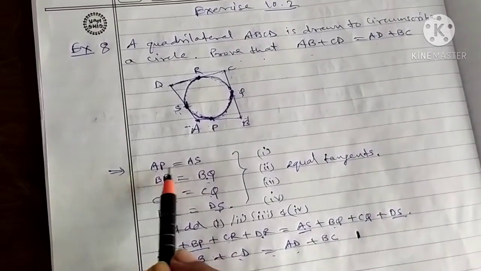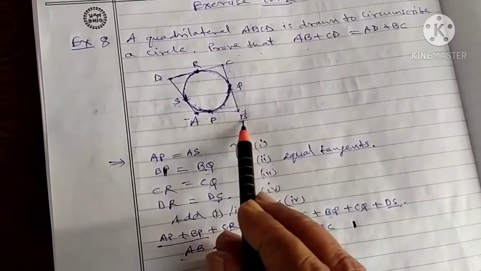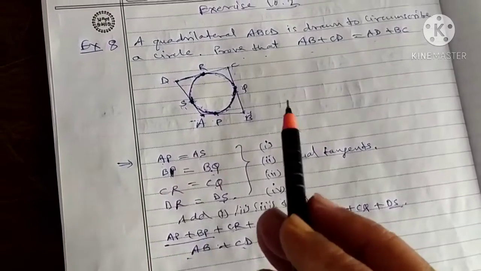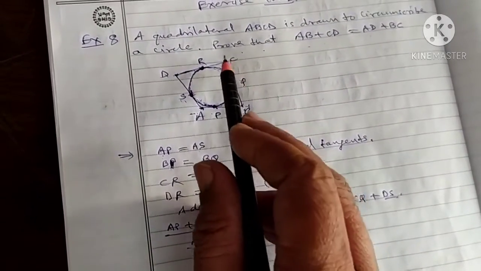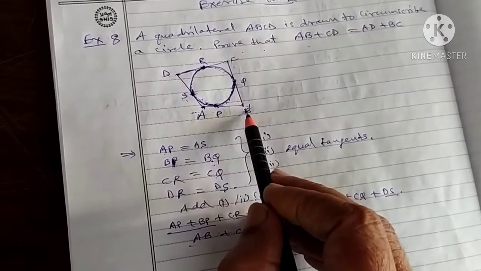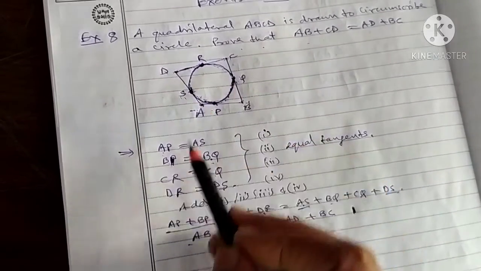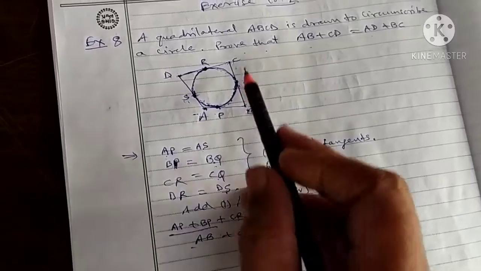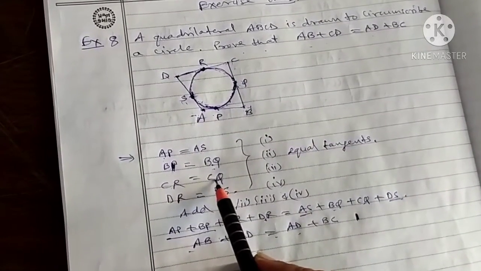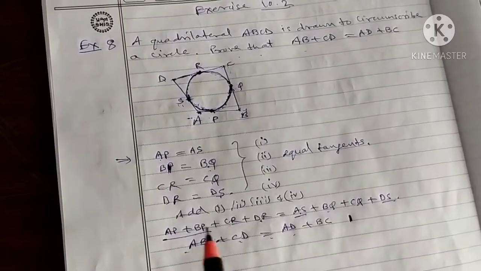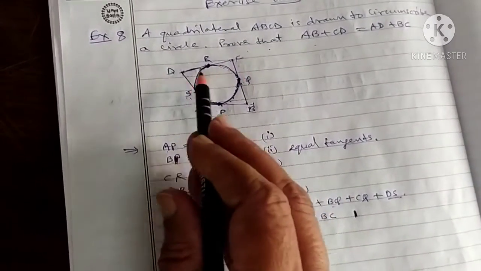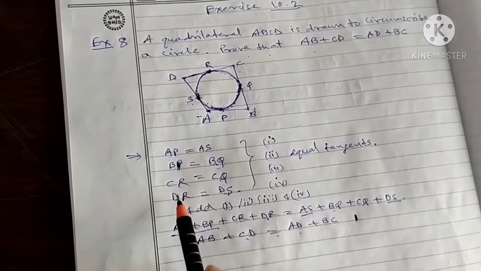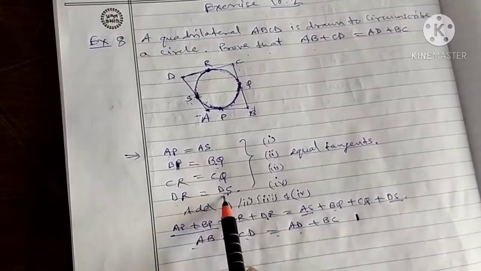Be careful. If you write AP equal to AS, then AP plus BP equals AB, so BP should be on the side of AP. Again, when you go to the other point, CQ plus CR: CQ and BQ are equal, so CQ should be on the side of BQ, so that I can get CQ plus BQ equal to BC. Then CR equal to CQ I will write. That is to be kept in mind. Again see point D, DR equal to DS. Now if we add CR to DR we will get DC. Therefore, wherever CR is, DR has to be taken on that side. DR equal to DS. Clear?